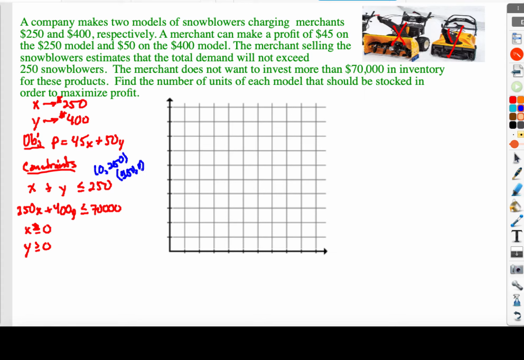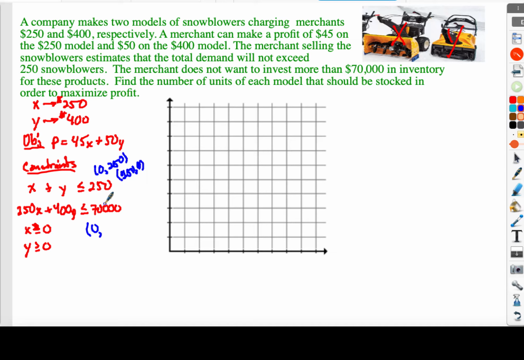Just thinking about plugging zeros in for my x's and y's in that top equation, if x were 0, it's gone. Y just equals 250. Same thing, plug 0 in for y, leaves you with just x equal to 250. For the bottom equation, you can kind of do the same thing. If I plug 0 in for x, you would just drop this x term off here. We divide by 400, and 70,000 divided by 400